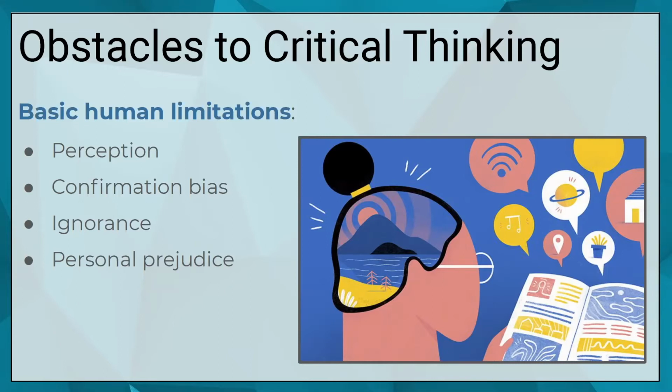Another basic human limitation is that we do not know a lot of things. And if we do not know something, it's very difficult to investigate our lack of knowledge and critique what we think that we know from a perspective or from a place that we don't know just yet. We are not aware of what we are ignorant about.